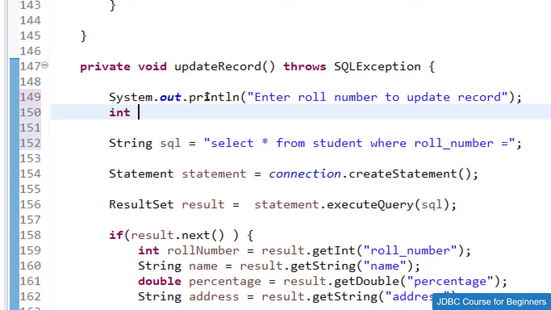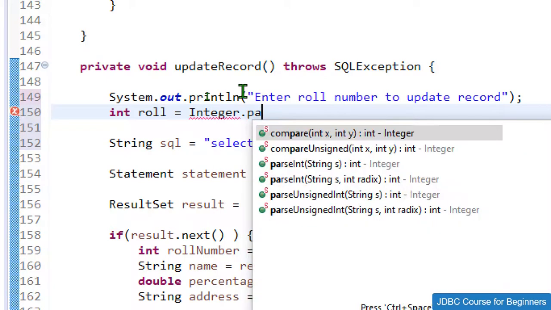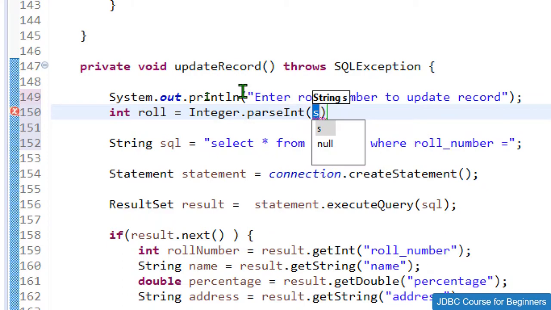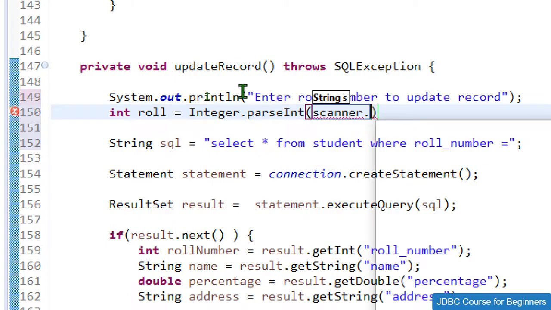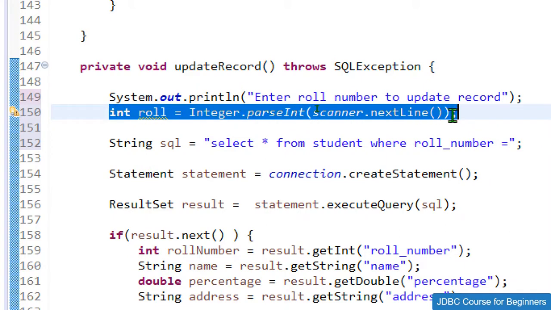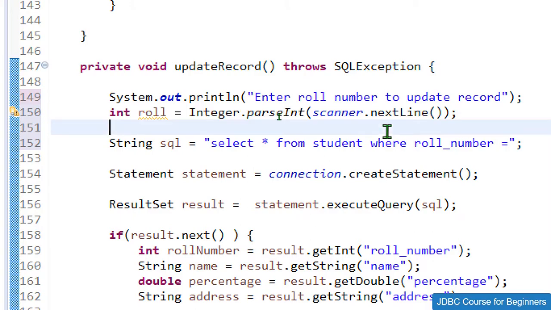So I'll make it int roll, you can give any name. Instead of the scanner directly, I need to use Integer.parseInt, and inside the brackets I need to use scanner.nextLine, like this. You can check this line twice because it contains a lot of brackets, so make sure you are adding this in a correct way.